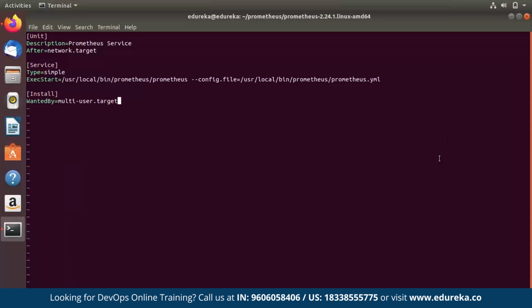So as you can see, I just typed out a tiny piece of code. And as you can see here, this is my executable command and this is my configuration file. Let's go ahead and save this.